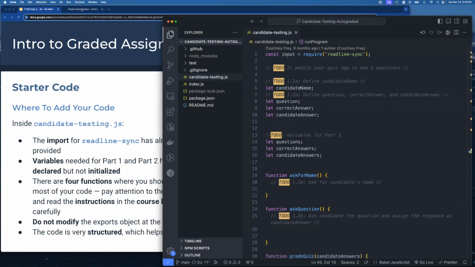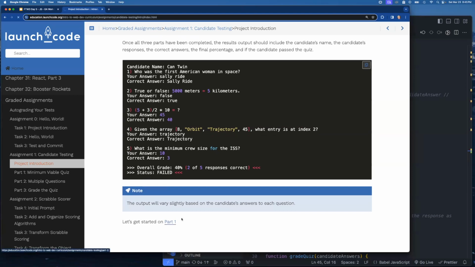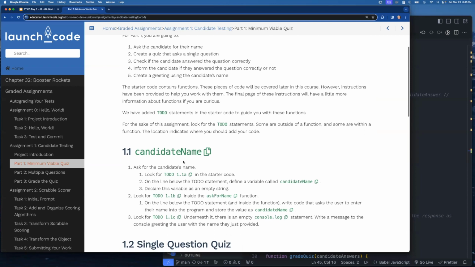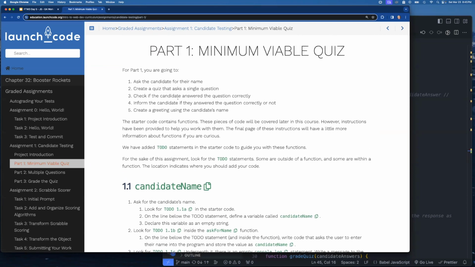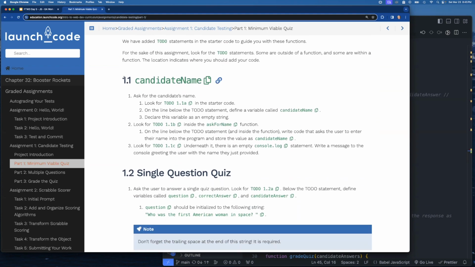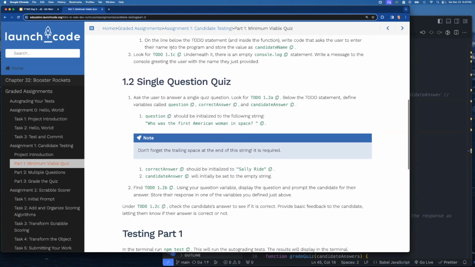Past that, I would say just follow the instructions, because they do break it down for you. If you come in here to the part 1 section, they kind of reiterate what it is that you're focusing on, and how there's to-dos. And then they go over them, 1.1 and 1.2. This is where they tell you how to ask for the candidate's name and store it in this variable, and then greet them in the run program